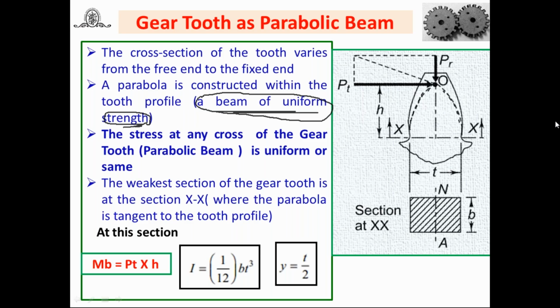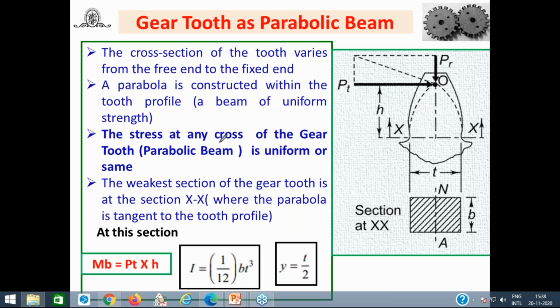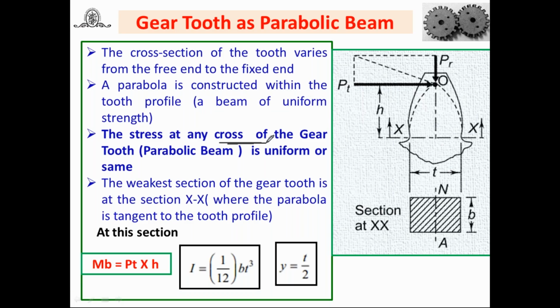And again, stress at any cross section of the gear tooth or parabolic beam is uniform and the same. That means for this parabola, we will obtain the uniform strength for the gear tooth. Try to understand, that's why the parabola is the important one. Again here, if you look at the parabola up to this portion,